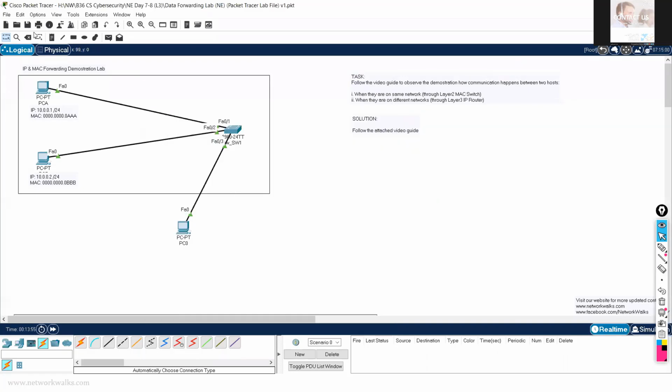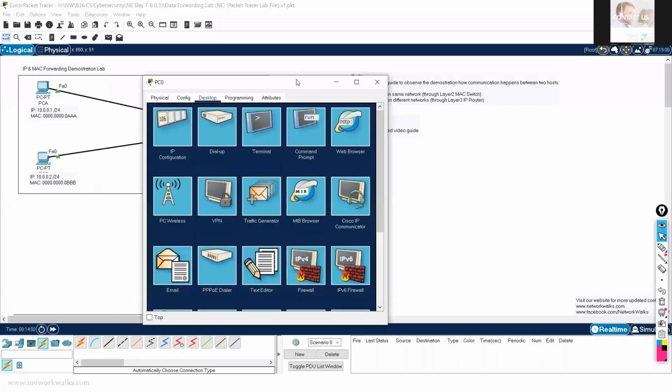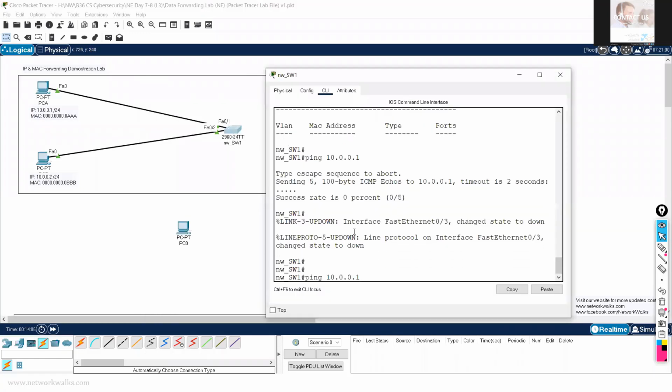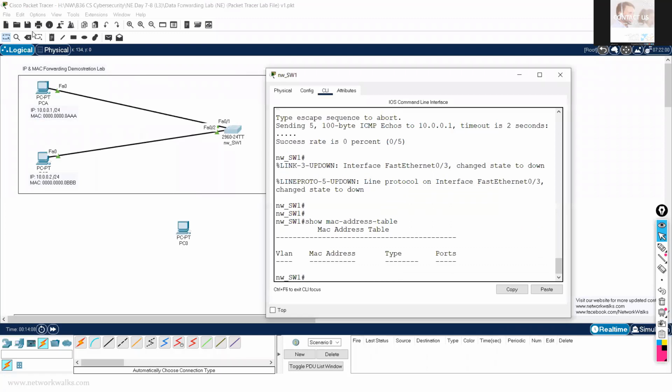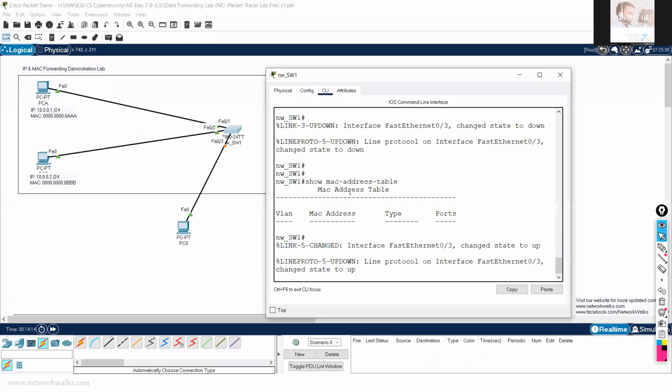Let me disconnect. Okay, then we complete this. Then we try this. Nothing. Then we take this cable, connect from here to here, go to switch.